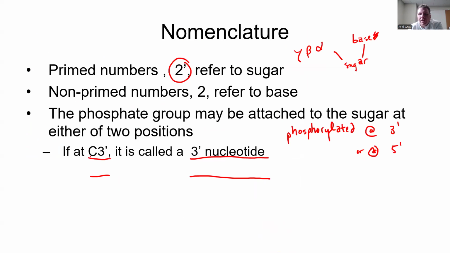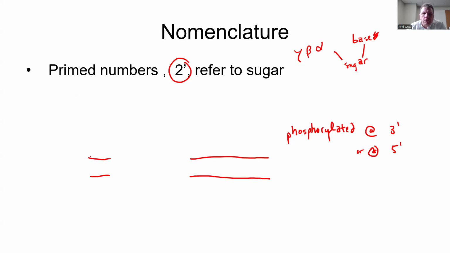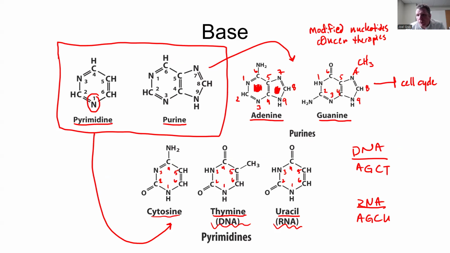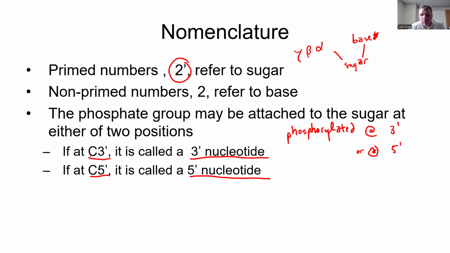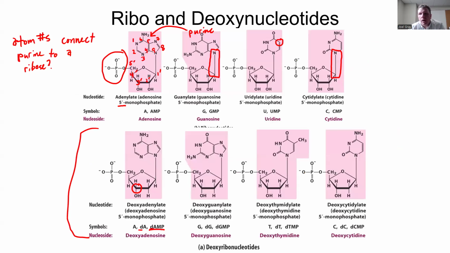Then if we're to go back a little bit, one of the important things is distinguishing and understanding the difference between the numbering of the atoms in the nitrogenous bases as well as numbering the atoms within the sugars of those nucleosides. Sorry. I want you to know the numbers, so that if I give you the structure and I circle an atom, you know which one it is. Similarly, if I give you a structure here and I circle an atom, you know what it is. If I phosphorylate it at some point and I show you that structure, I want you to know what that is.